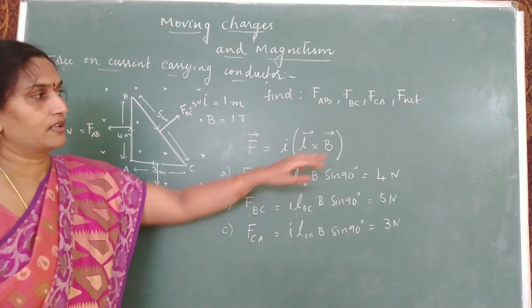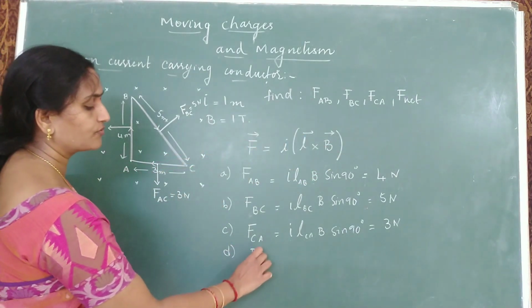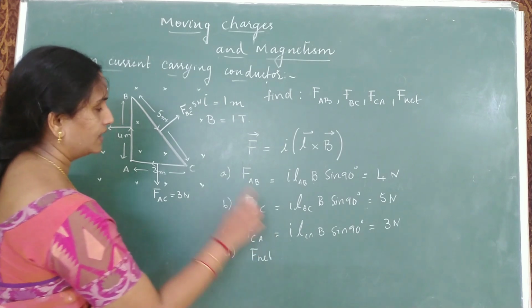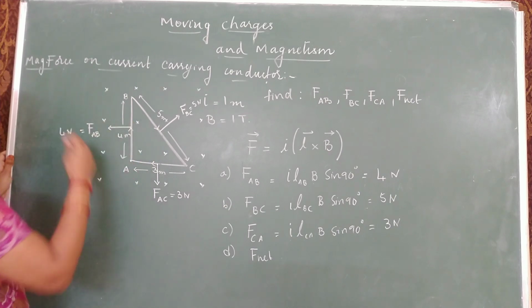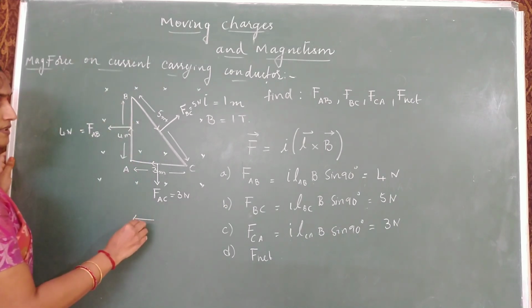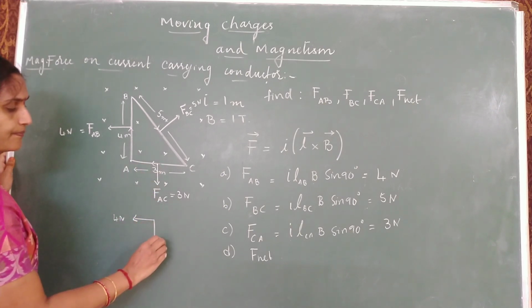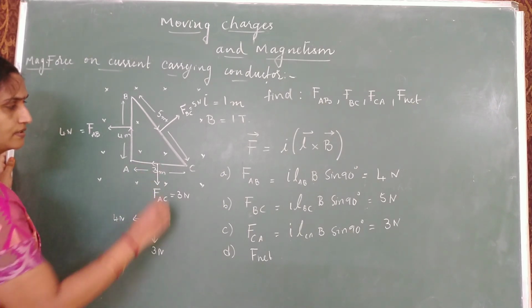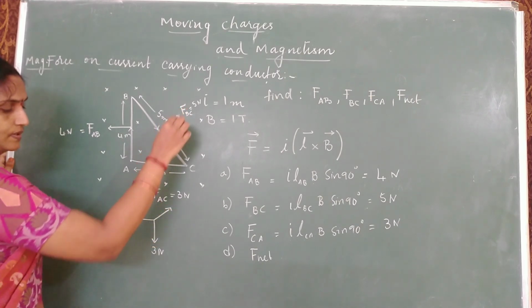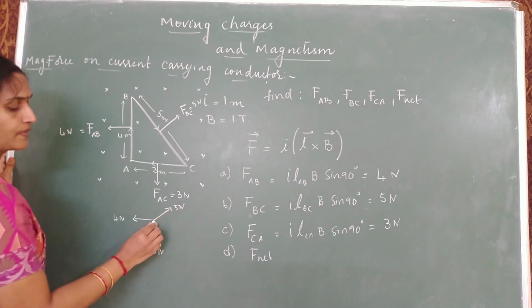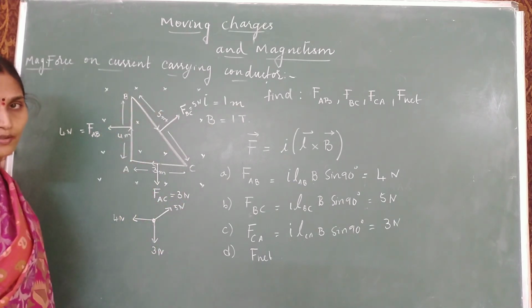There is one more bit. What is the net force acting on the closed loop? So let's calculate the net force. Observe all the 3 forces. This is directed towards minus j cap. This is 4 Newton. Down we have 3 Newton, perpendicular to the conductor. This is 5 Newton. Okay, so these are the 3 forces acting on this closed loop.